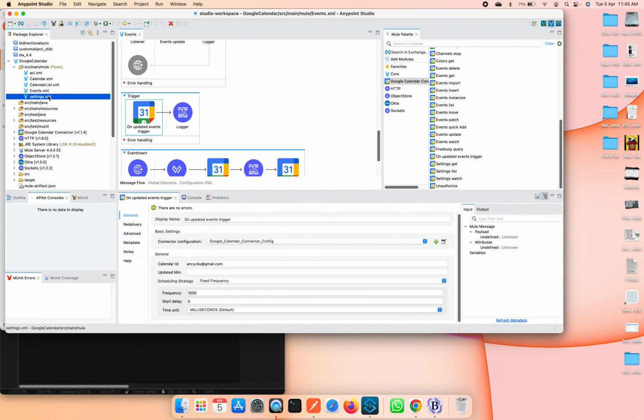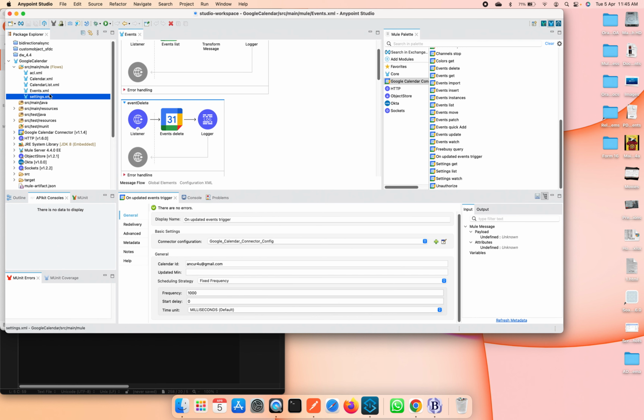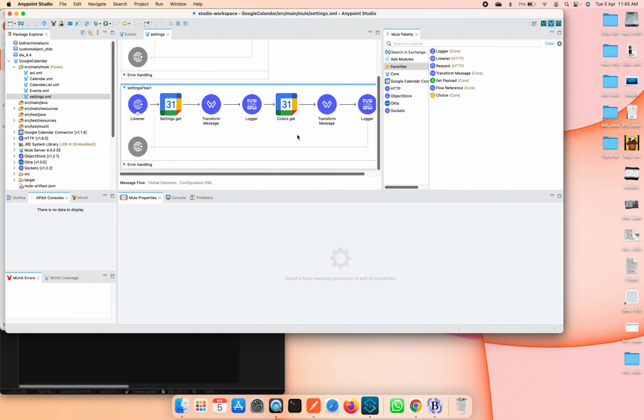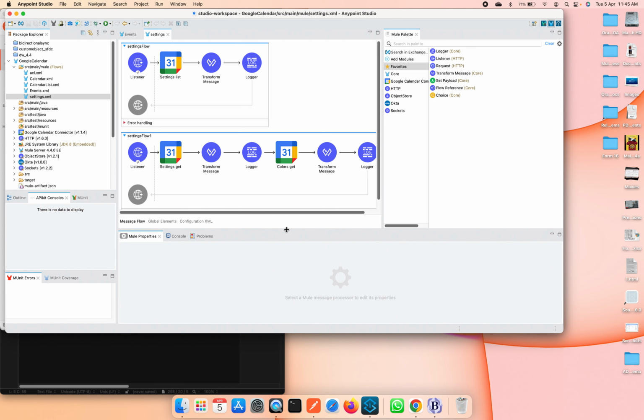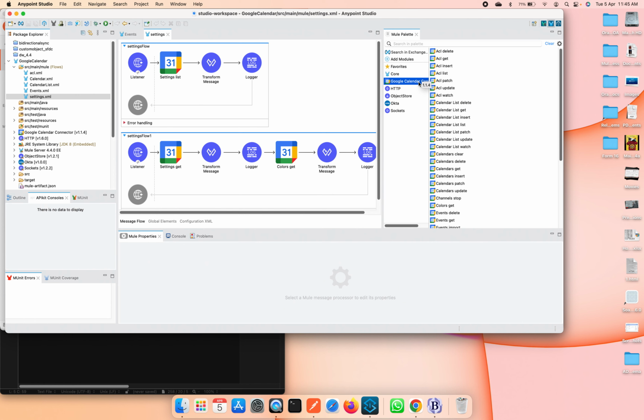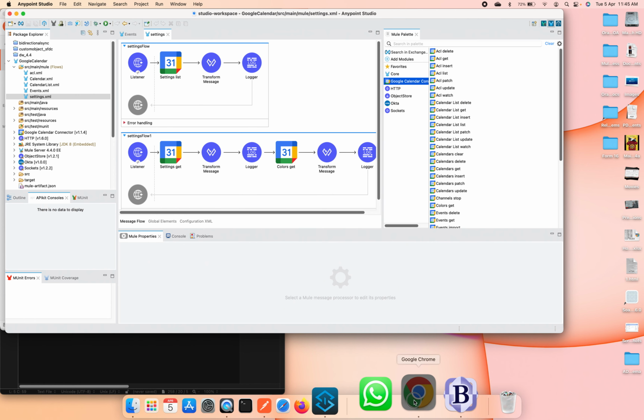Let's go to the settings XML as well, because this one is pretty much small and we can cover it in this particular part itself. The upcoming video on Google Calendar API will cover ACL, calendar and calendar list. Definitely these are three very important ones. So let's try to understand the settings. As I mentioned over here,